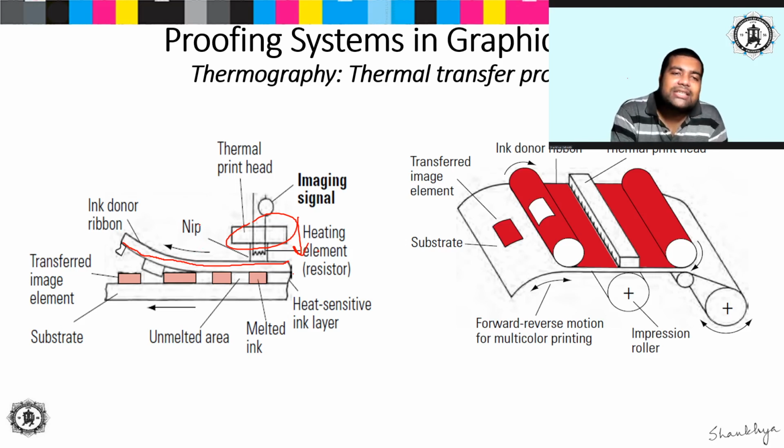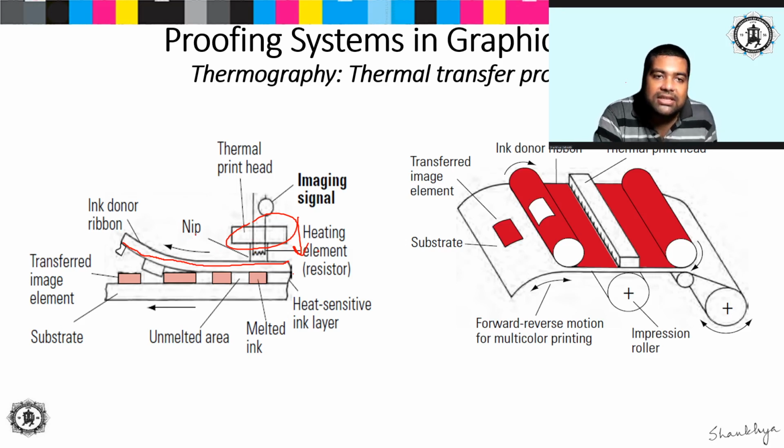Now, wherever there is information being received by the thermal print head, at that point the thermal print head applies heat onto the ink donor, which is coming in contact with the paper over here. Because the ink present in the ribbon is heat sensitive, as soon as the ink is heated up, it melts and ultimately gets transferred onto the paper surface, where the image is absorbed into the paper through capillary action and such. So this is how the process of thermal transfer printing takes place.